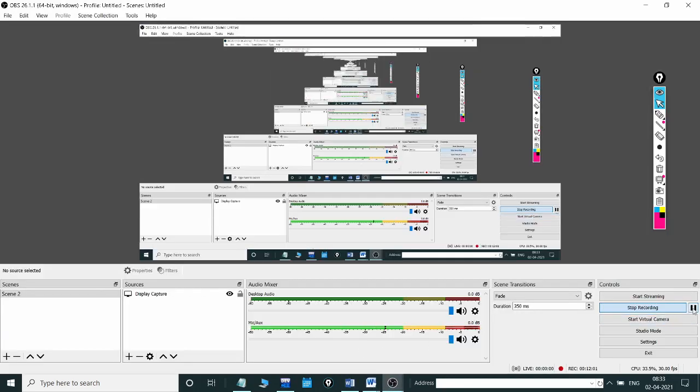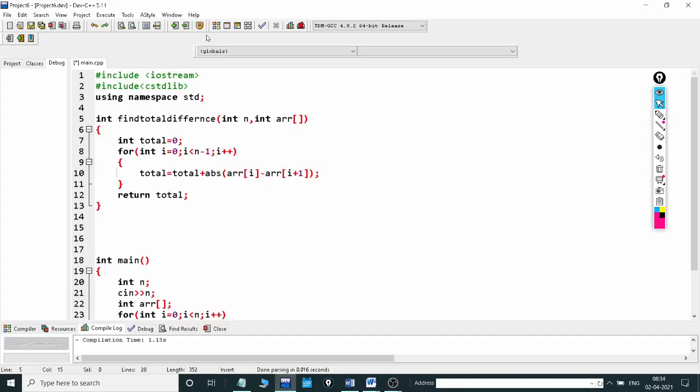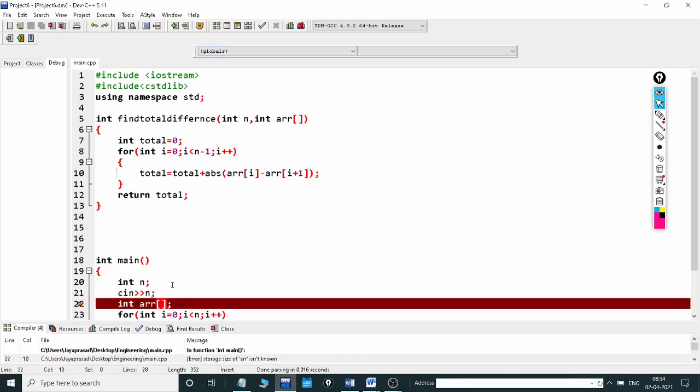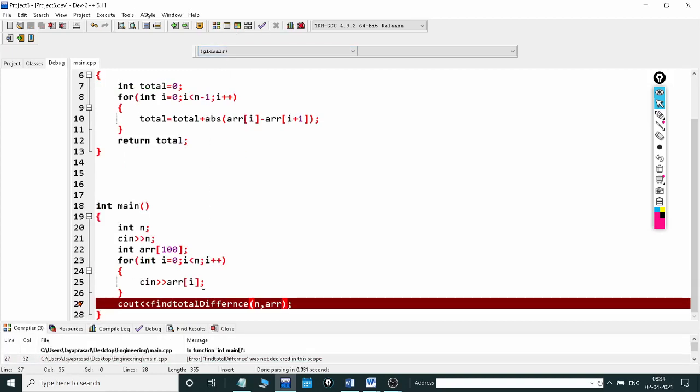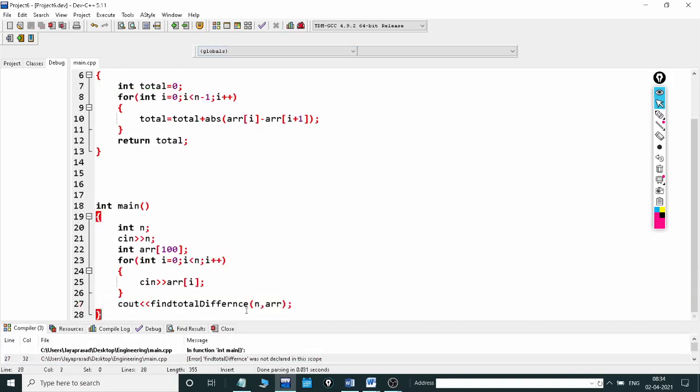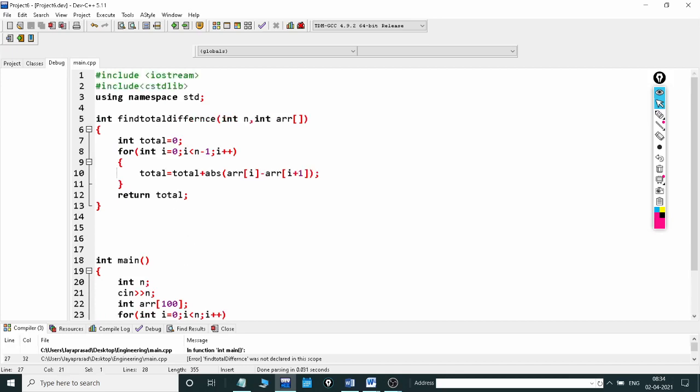Yeah guys, first of all it's showing an error because whenever declaring the array we should define the size. Then run it again. And here you can see guys, I am using capital D here, but here I used a small d, so I need to make this one capital D. Run it guys.